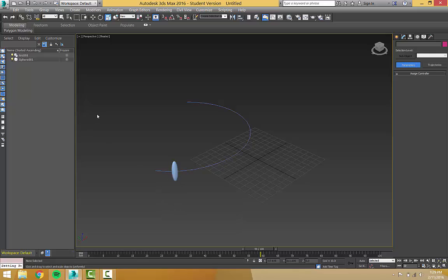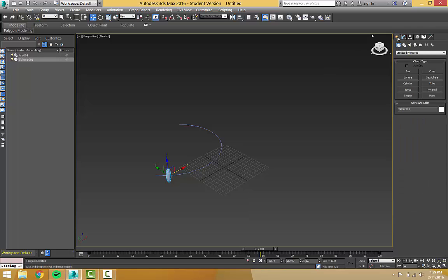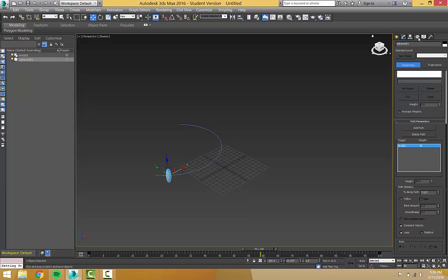You can go back and change additional things about the way this travels along the path. So this is your primitives tab. Your motion tab is also handy for these specific animations. You can modify these things and allow for different kinds of velocity. One example is follow. If you have an object and it's not traveling along the path the way you want it to, clicking follow